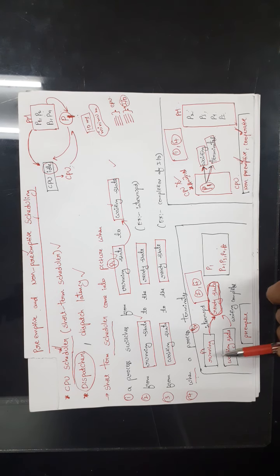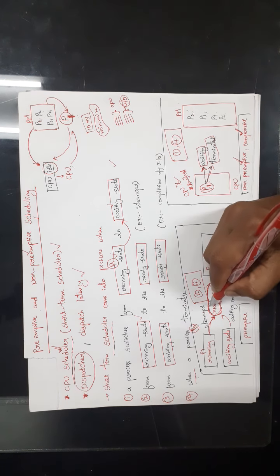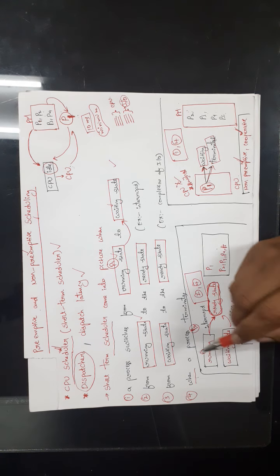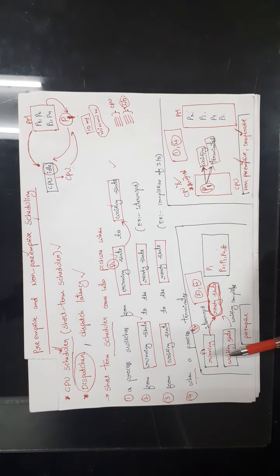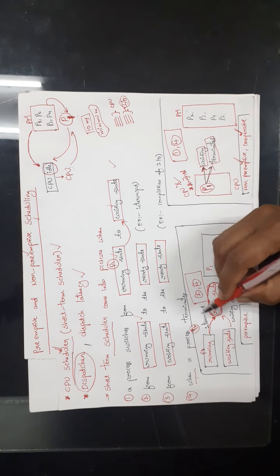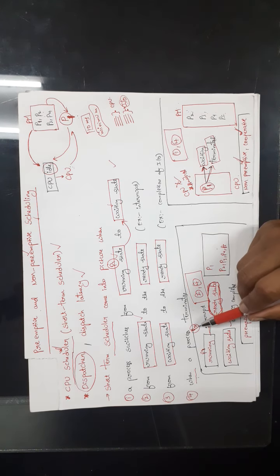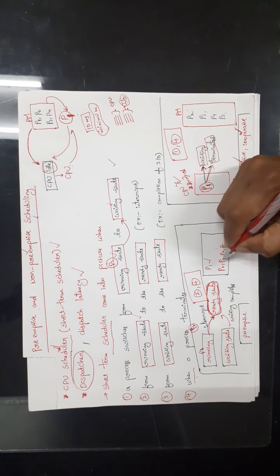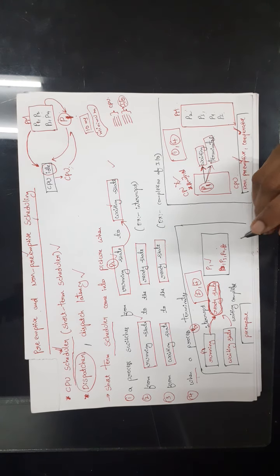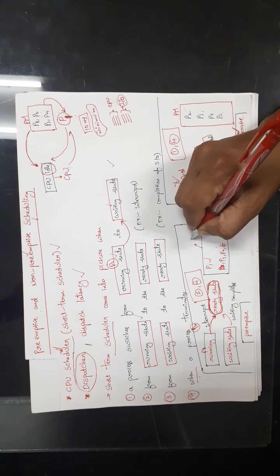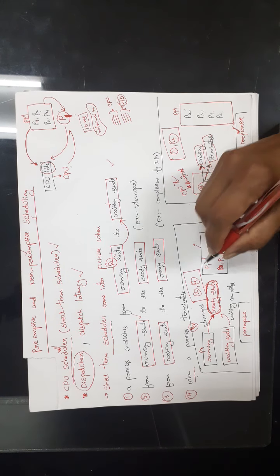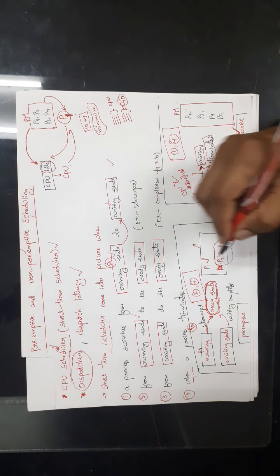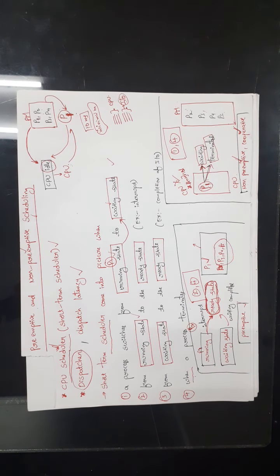Okay, we are forcing this process to give CPU. So here it is in ready state. We are taking CPU from the process P1. We are forcing it to give the CPU. So now the process is in ready state. Let us assume that high priority process P2 finished its execution. Now P1 is in the ready queue, and all the other processes P3, P4, P5 are also in the ready queue, right? Now we can choose one process among these processes. That means we can choose either P1 or some other process also. So it is called preemptive scheduling.